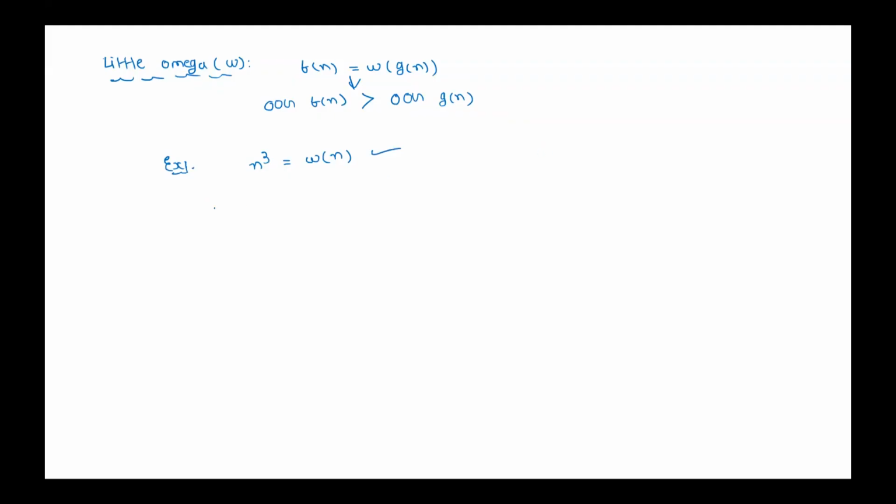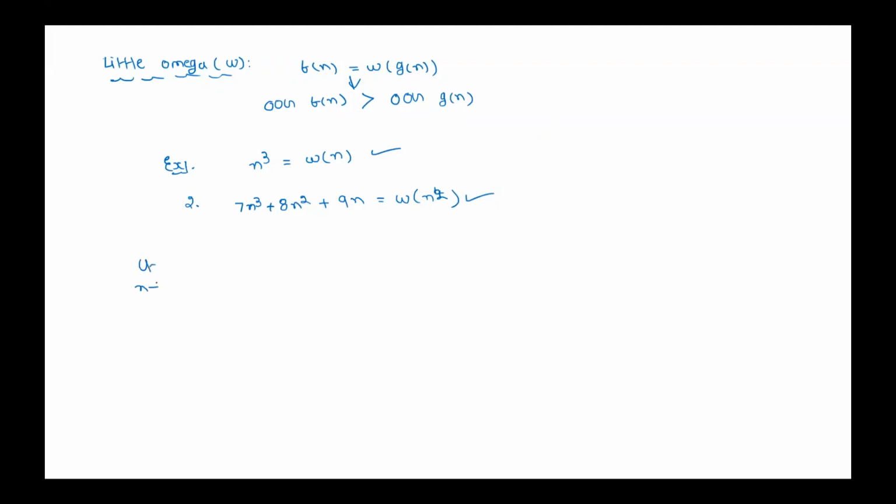Similarly, example 2: 7n cube plus 8n square plus 9n is little omega of n square. Sorry, n square, not n power 4. Is that true? Yes, true. This is also true. Now, similar to the previous one, here also if I take the limit,